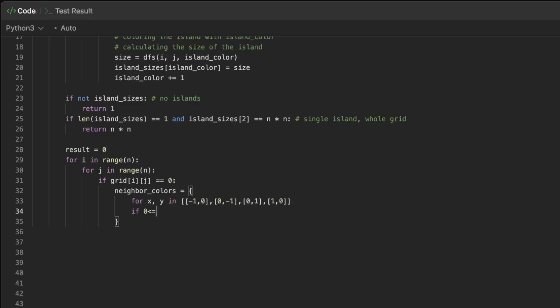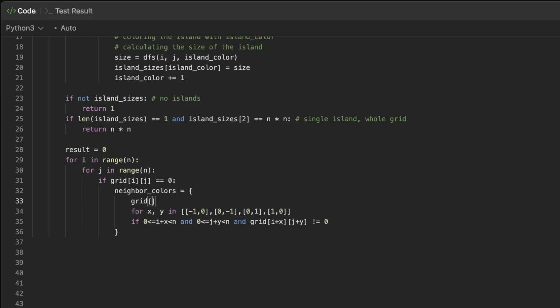I'll check if 0 is smaller or equal to i plus x, smaller than n, and do the same for j plus y, and also grid[i plus x][j plus y] has to be something other than 0. So it has to be some other valid color, 2 or greater than 2. If this is the case, then we will get the grid value here, i plus x,